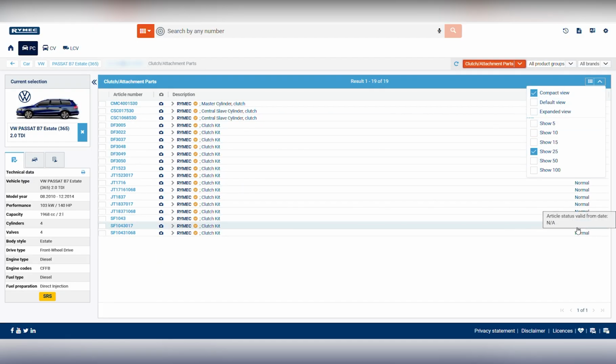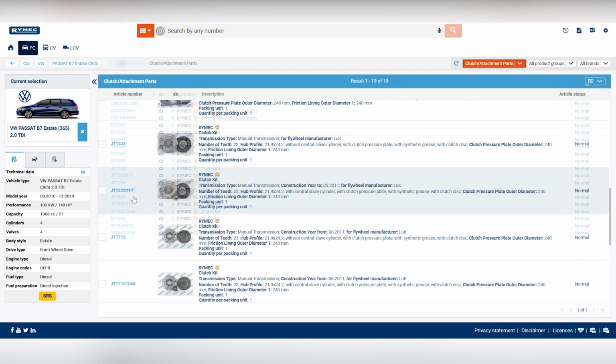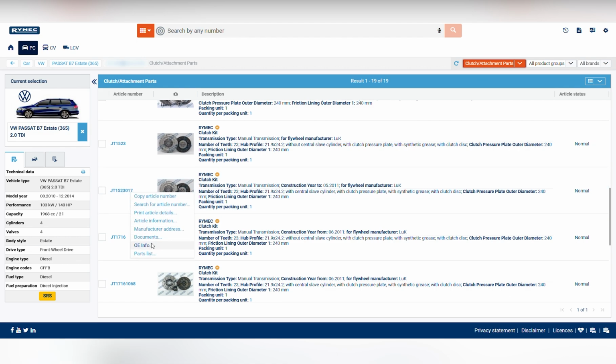It will also show, if we go back to compact view, where you have normal, this means the part is live and available. Where it says no longer available from supplier, it has been discontinued. Each one of these parts will have the same data that you would find on a normal full Tech Alliance web cap, complete with the OE information,